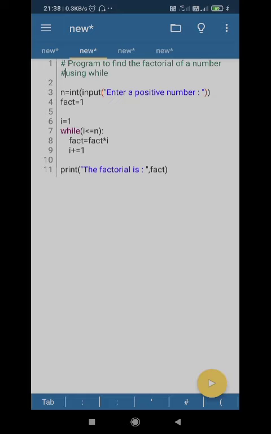So to iterate on the value starting from 1, actually since fact is 1, you can start with 2. Fact is already there, no? So you can start with 2 also, but no problem, 1 into 1 is 1. One more iteration will come, that's all. So I is the loop variable which controls the loop. So in a while loop, I needs to be initialized first. Whichever value that you are using to iterate needs to be initialized first before the while loop. So here we are using I is now 1.